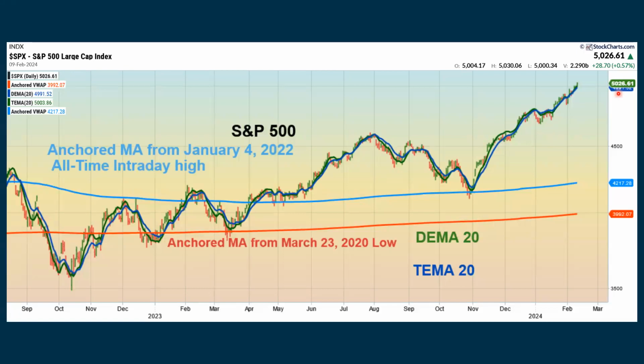Then we look at a 20-period moving average study, and there are two different ways that this is calculated. There's a double exponential moving average study and a triple exponential moving average study. The triple moves faster, and that's the blue line here, and they're pretty much on top of each other. Right now, this is positive, and we're going up as price has been going up,